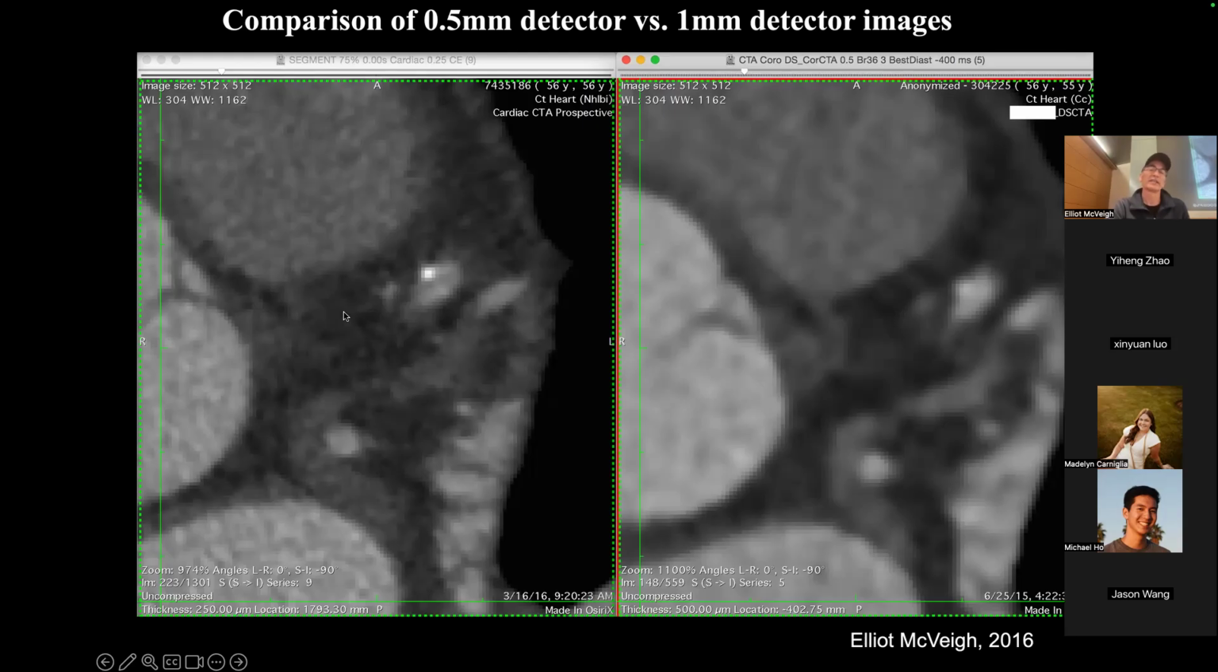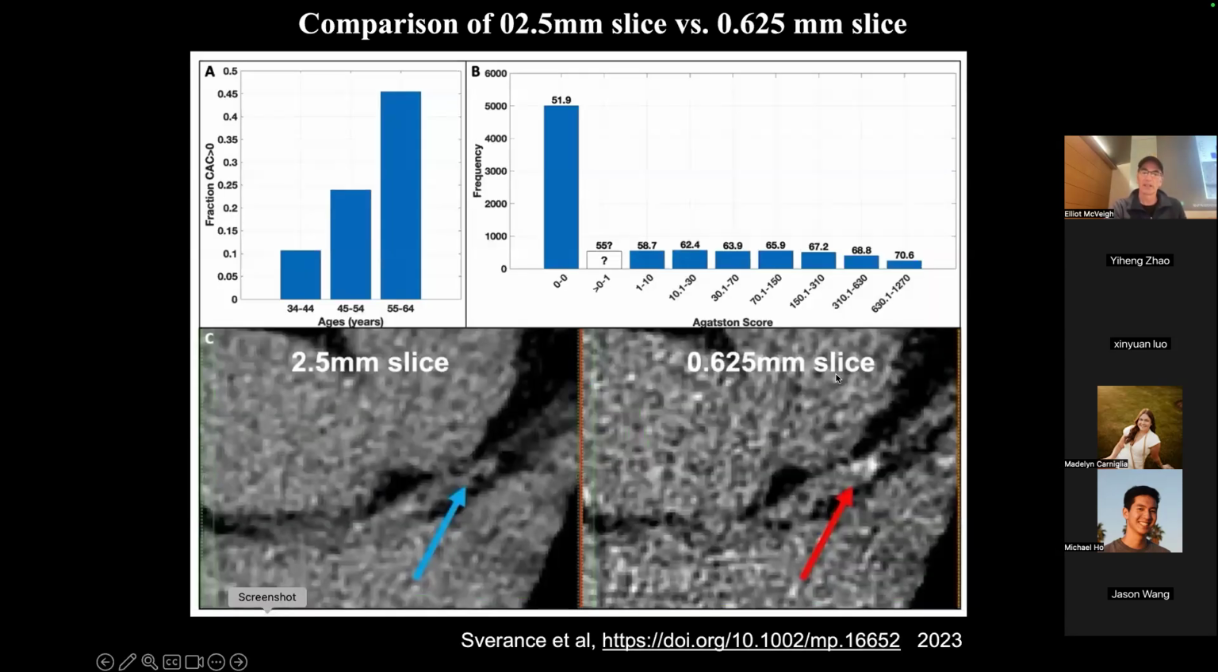You're going to need more x-rays on this side, right? There's no way around that. If you have 4 times as many detectors, you don't need 4 times as many x-rays, but you need more, right, than over here to get the same signal to noise. The other interesting thing about